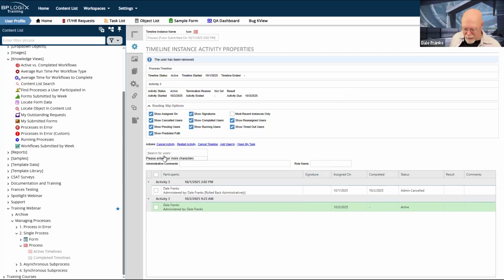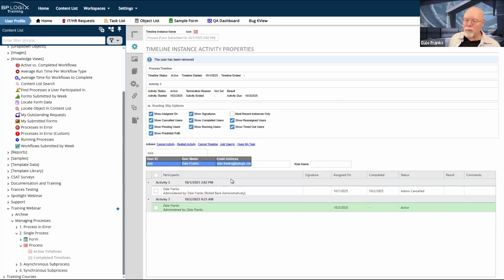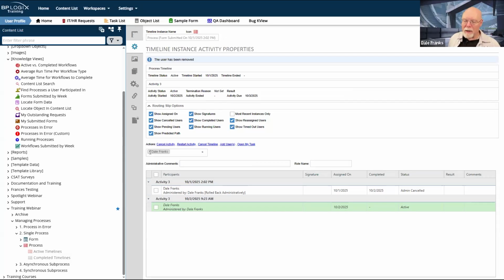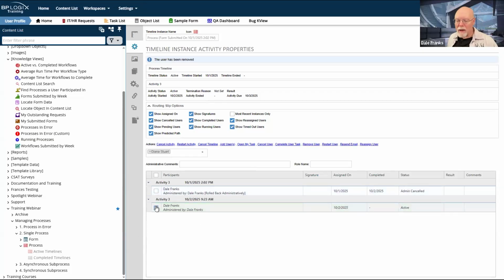So just know that when I'm on the activity instance properties, and I did not mean to pick myself, again, I want to pick Diana or Barb. So we'll go with Diana again. And then I select a user down here. I can now have full control over what happens to the user that I've selected. And of course, if it's a new user, I can simply add that user to the task. And once I add that user to the task, I can then go in and do all of these other things, including restarting them in the task. Now, sometimes restarting them in the task is better than getting rid of their old user.